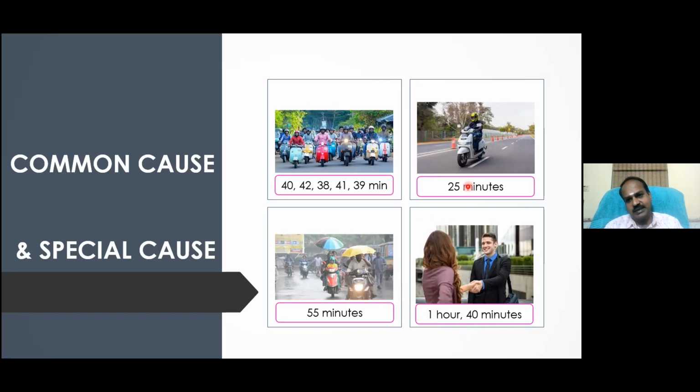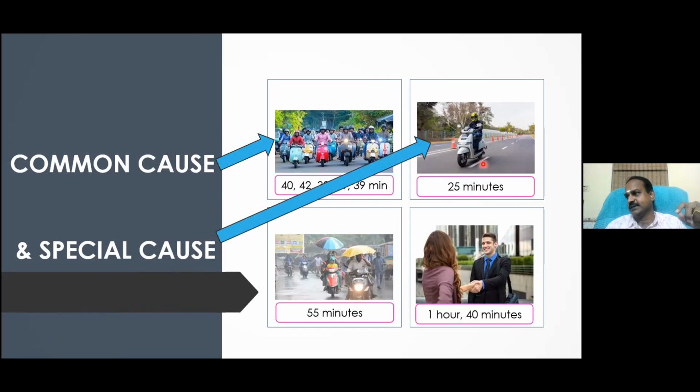So the numbers can let you understand whether the source of variation is common cause or special cause. If the source of variation is common cause, you can't do anything about it. You can't control it. But if the source of variation is special cause, will you be able to control it? You can control it. Because a reason exists, that reason is called a special cause. You must fix the special cause so that your performance will remain stable.